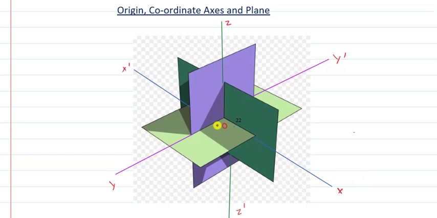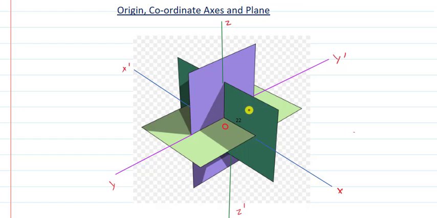The plane XOY is called xy plane. The plane YOZ is called yz plane. And XOZ is called xz plane. These planes divide the whole space into 8 parts. Like one is YOX', another X'OZ, one I have already told you, YOX and so on. So in this way, in total, we are having 8 parts.